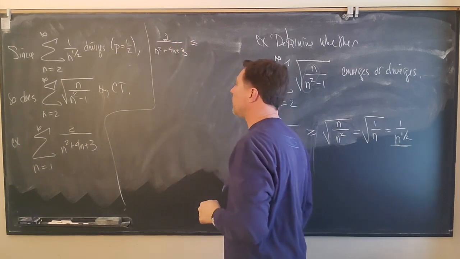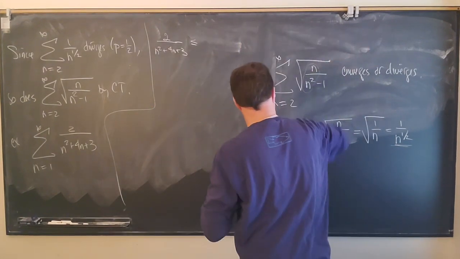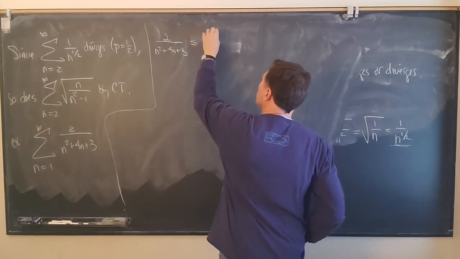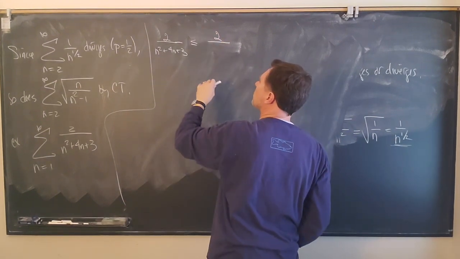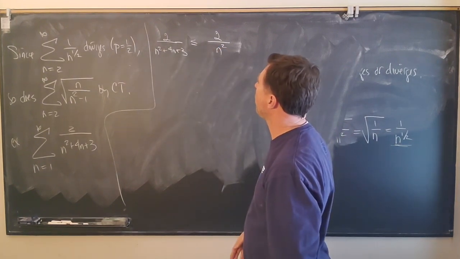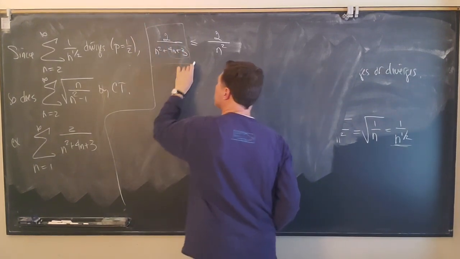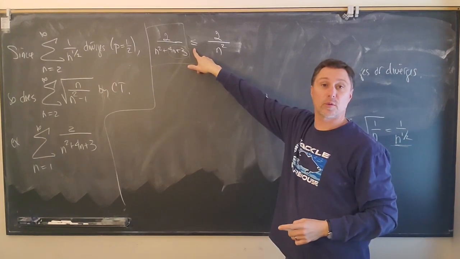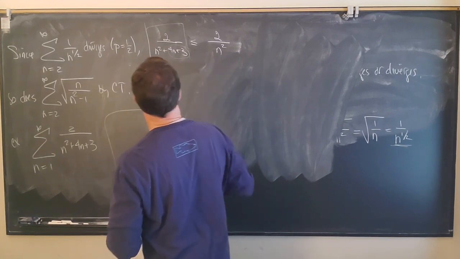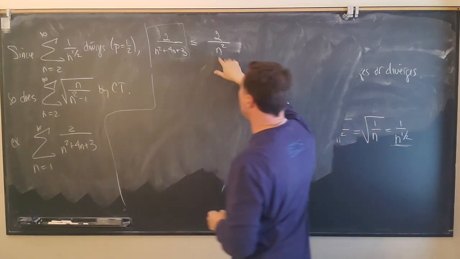So let's see. Now, if you make the denominator smaller, that makes the fraction larger. Okay, so let me just write this down now. Let's say it this way. When you increase the denominator, you make the fraction smaller. So that's why this inequality goes in this direction right there. Okay, so what we have then is that the sequence inside our series is smaller than one that corresponds to